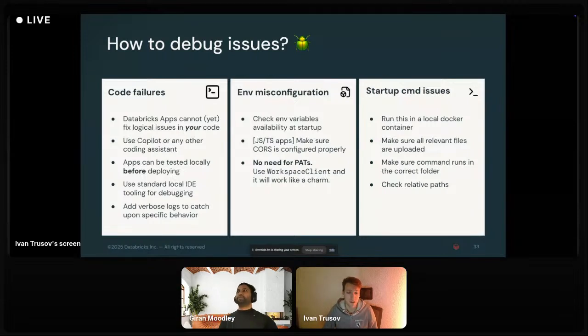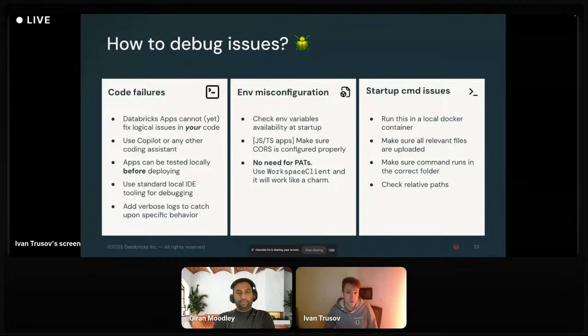There is completely no need to add path tokens manually or do anything like that. You can practically import the workspace client, initialize an instance of this, and you are good to go. You don't need to add a path token as a secret or anything like that.